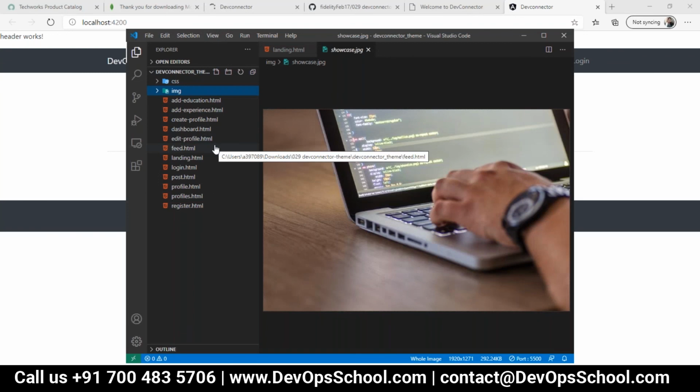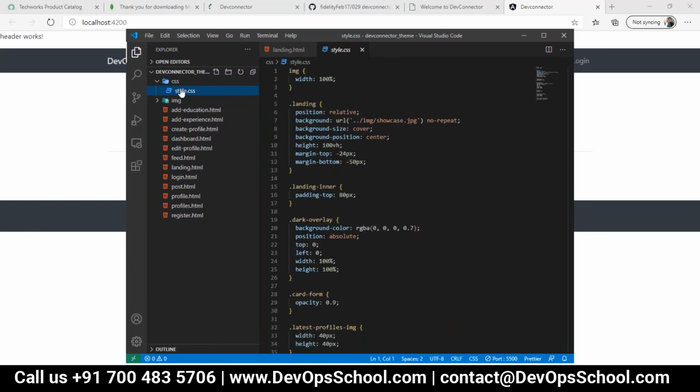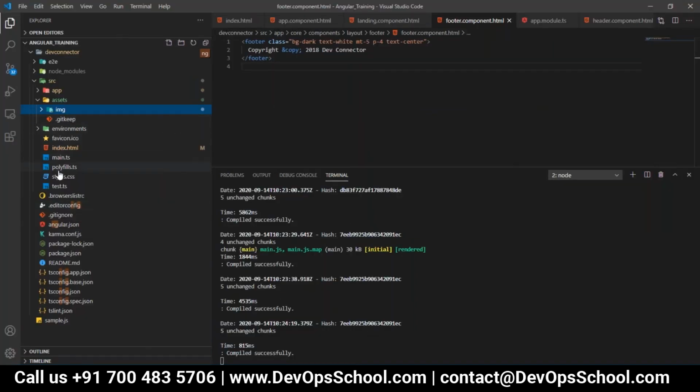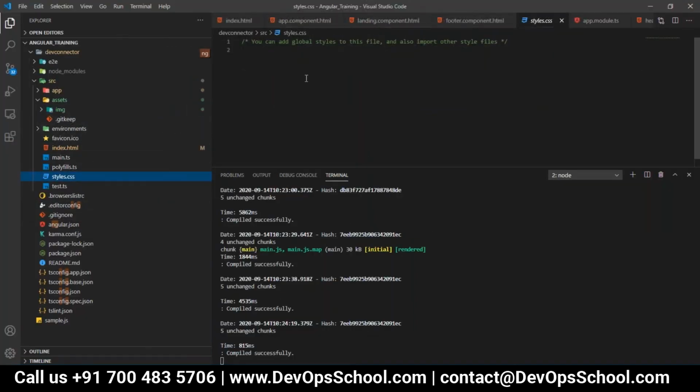Now go to the other Visual Studio Code. Go to the CSS folder. Copy the content, not the file. Control A, Control C. Okay, people, now in her system I'm showing you how to include the global CSS.